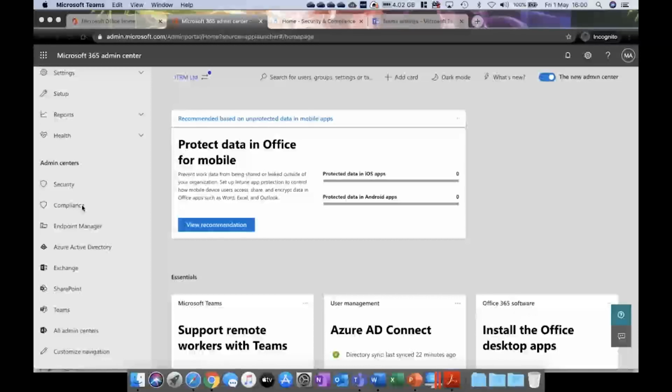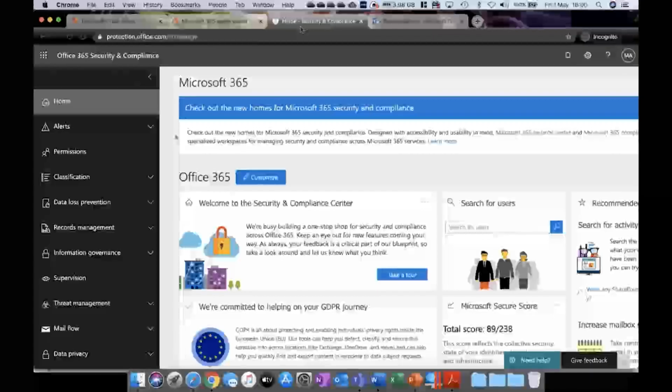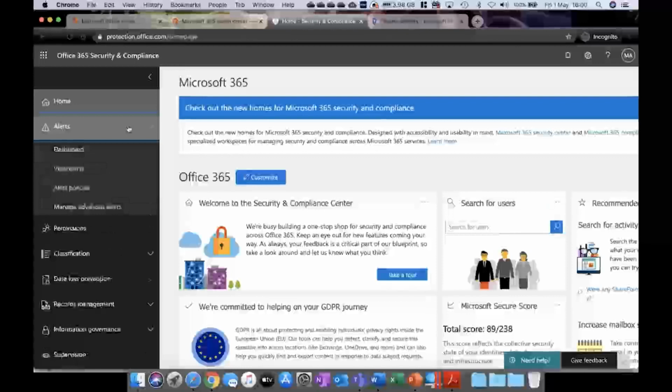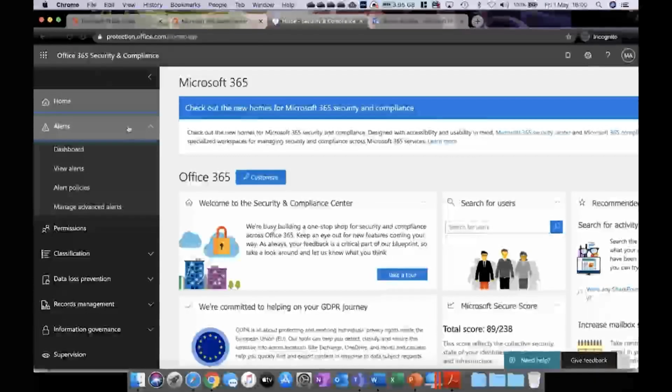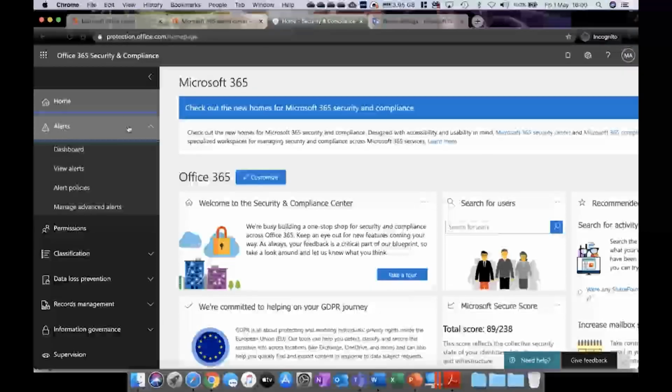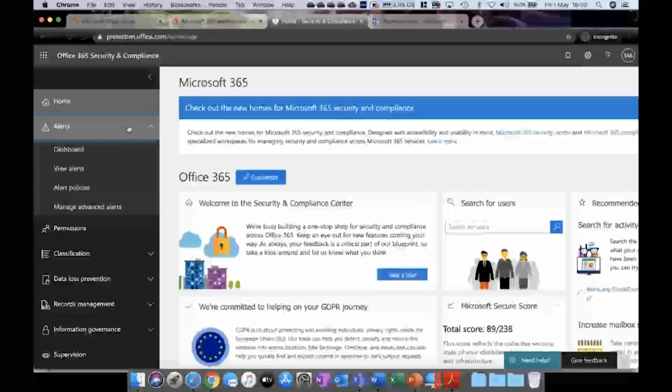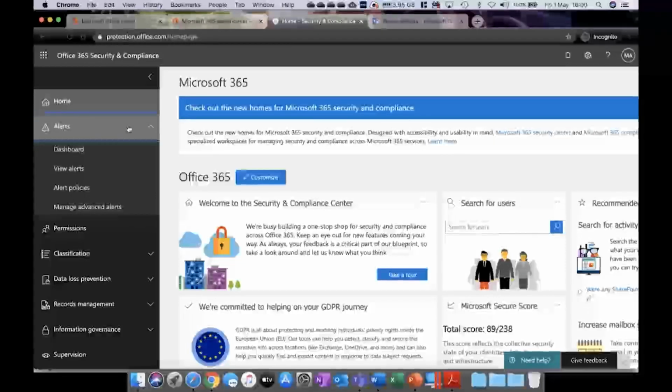You might want to watch someone's activity. You might want to watch specific files. An example would be your HR data, your salary spreadsheet, could be anything. So going into the compliance side of things, you can alert on activity, and every IT administrator has probably got enough access to the entire data set, and they're going to need that to be able to run backups or manage security rights for you. But in reality, you may not want them looking at sensitive data. So this is where some of these alerts can tell you that if somebody looks at a certain file, it's going to tell you who they are.